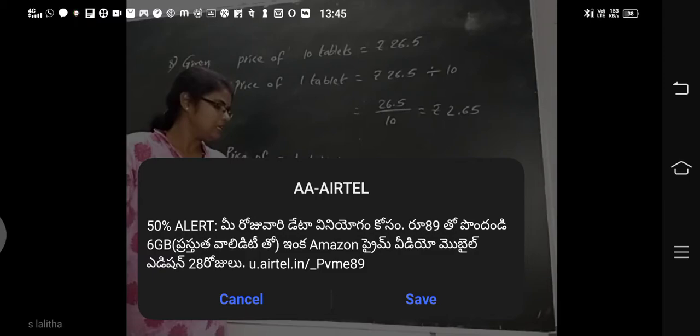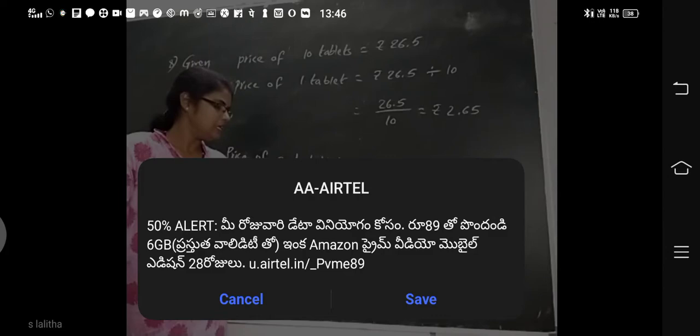Okay. Third one. The number of decimal places in the quotient of 537.1 divided by 10 is given. What is the quotient? You have to find the number of places. I told you this sum already. Okay. So if you divide by 10, 100, 1000 like that, the decimal point moves to the left side. So here how many zeros are there? 1 zero. So the decimal point moves 1 digit to the left side.